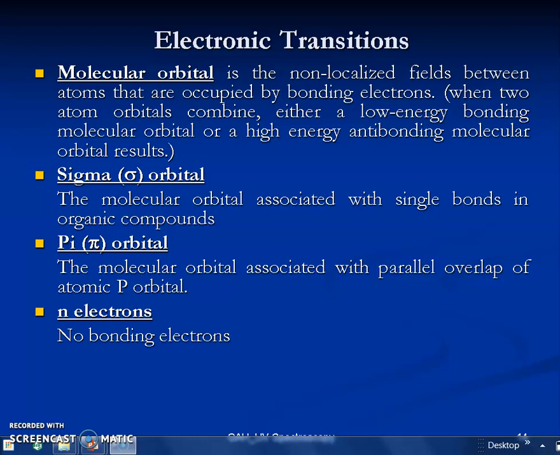The next kind of orbitals are the sigma orbitals. The molecular orbitals associated with single bonds in organic compounds are called sigma orbitals. With respect to the pi orbitals, the molecular orbitals associated with the parallel overlap of atomic p orbitals we call the pi orbitals. And the n electrons are electrons that are not involved in any bonding process. With this preamble of molecular orbitals, sigma orbitals, pi orbitals, and n electrons, we will study the concept